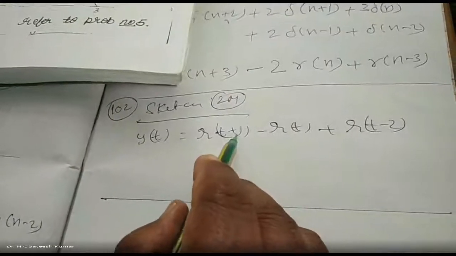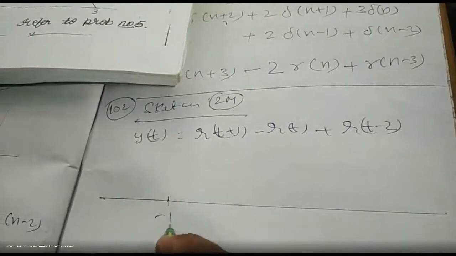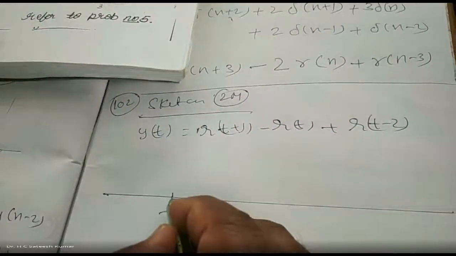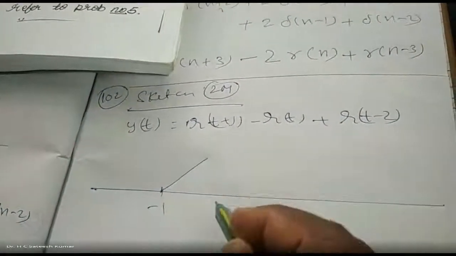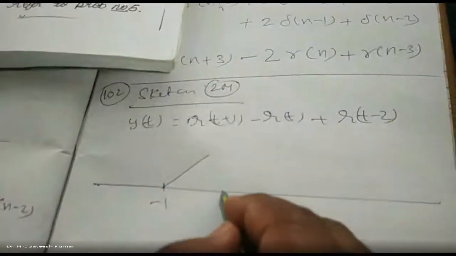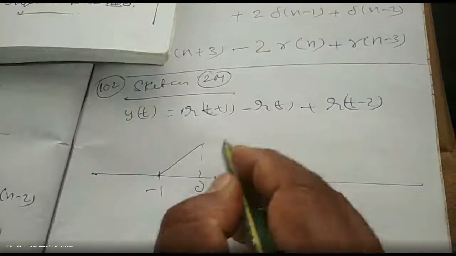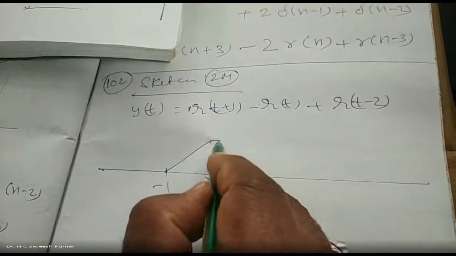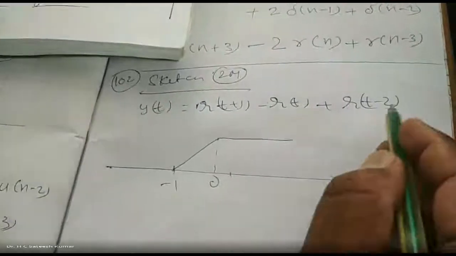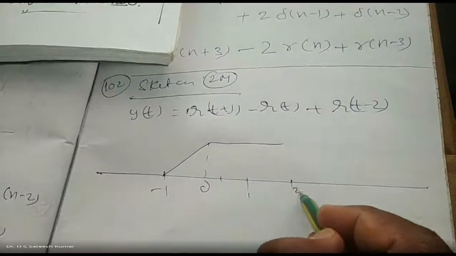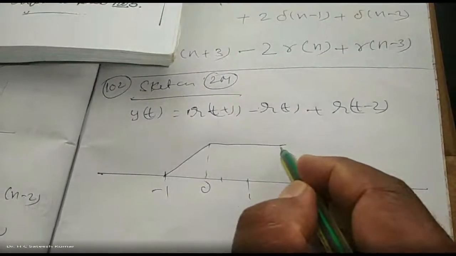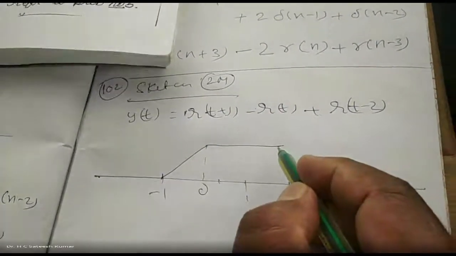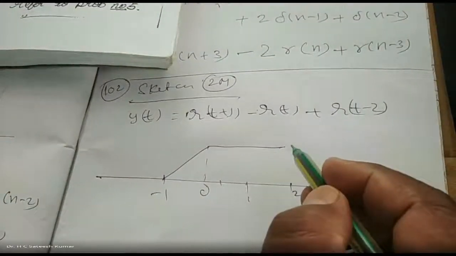Starting from where? -1. Starting from -1, slope is 1 here. Slope is 1. So I am going with the slope of -1. Up to what? R of t. That is R of t. R of t slope. So +1 -1. The slope should become 0. It is going like this. Up to what point? 1. Reverse engineering. That's it. Earlier, what we did: the signal is given, represent it using elementary signals.